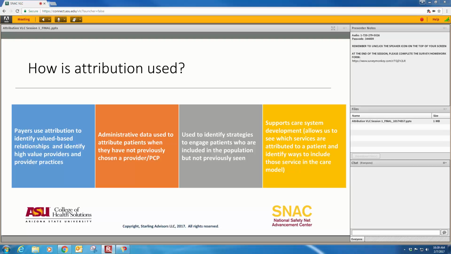So being able to make the claim that the payer believes that a certain provider is the one most likely to be responsible for the outcomes and costs that a patient achieves. Another model, though, would be about simply using administrative data to attribute a patient when they have not previously chosen a provider or PCP. We're actually pretty familiar with this model, maybe in our own experience as a beneficiary of an insurance product, of receiving an insurance card with a primary care physician's name on it